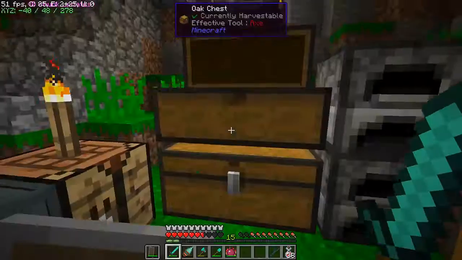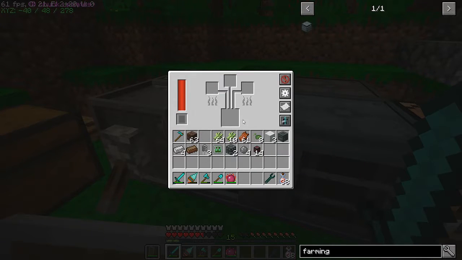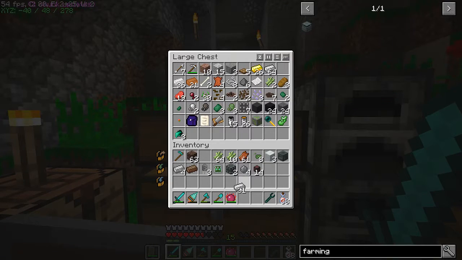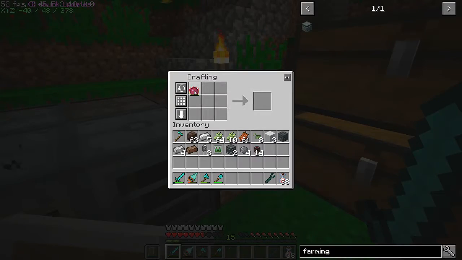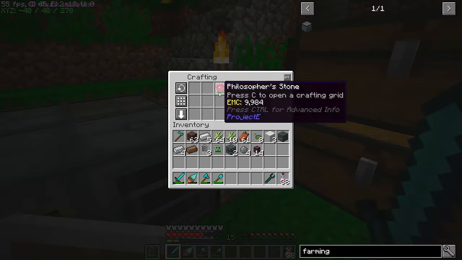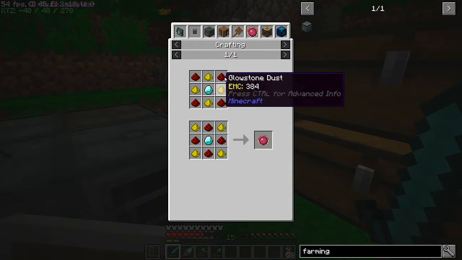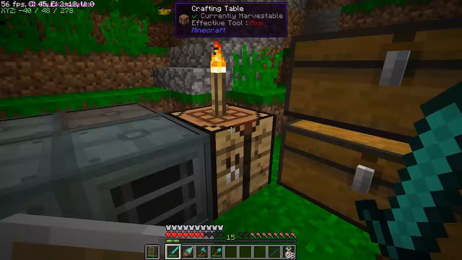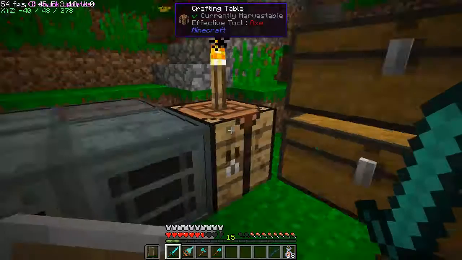So let's do that. An iron ingot in here. We're actually going to want 2 of these. So let's grab 5 iron. And what we can do is combine 4 of these with this Philosopher's Stone from Project E, which, come on, give me the recipe, is 4 glowstone, a diamond, and 4 redstone. And what we can do then is craft ender pearls from iron. So we can make another